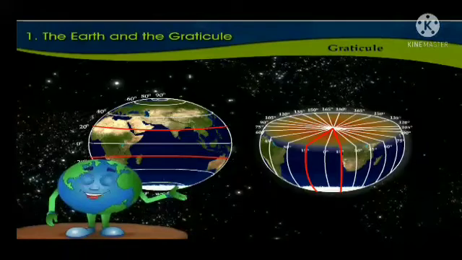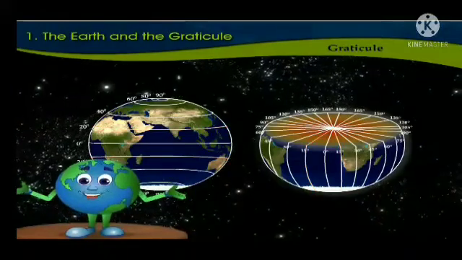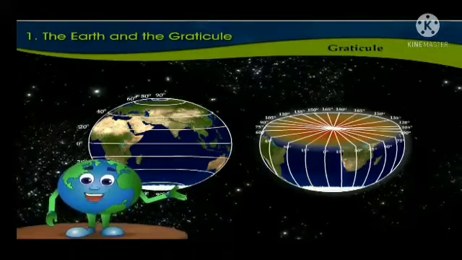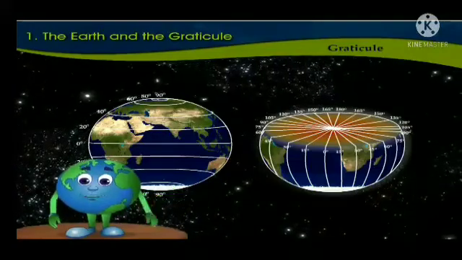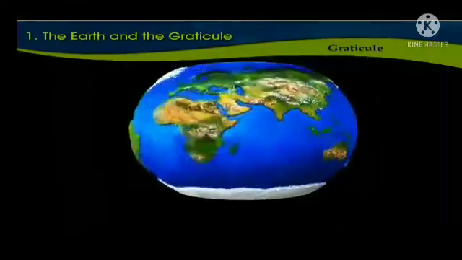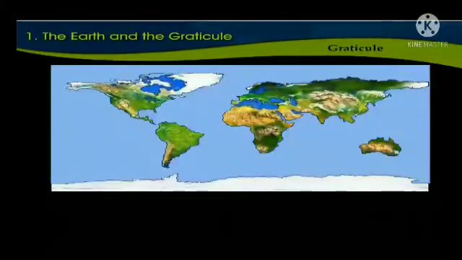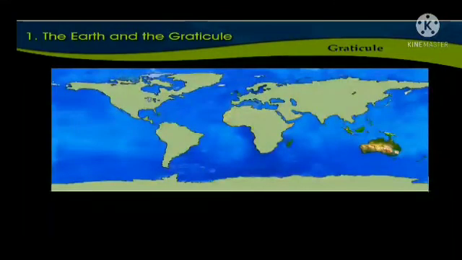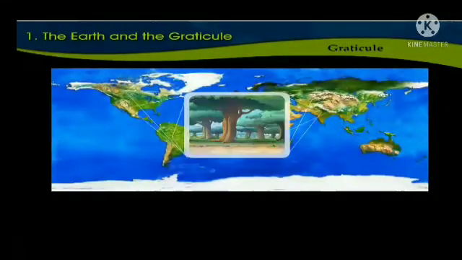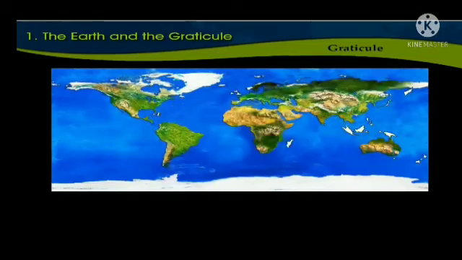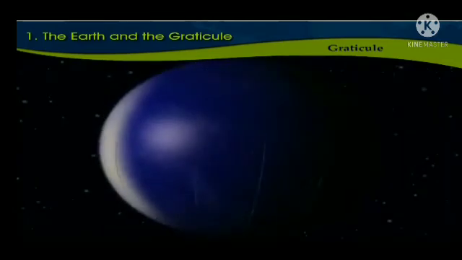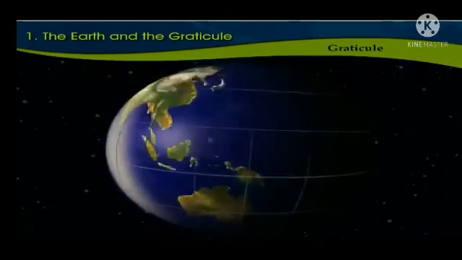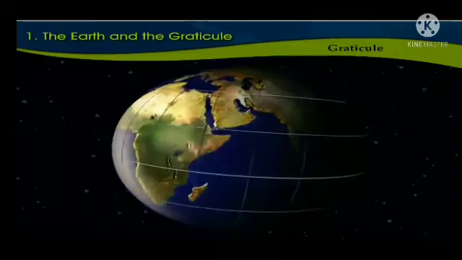Is it possible to actually draw such lines on the earth's surface? No. Because of the presence of the oceans, the uneven land surface, forests, buildings, and the innumerable islands of various sizes on the surface of the earth, it is not possible to actually draw such horizontal and vertical